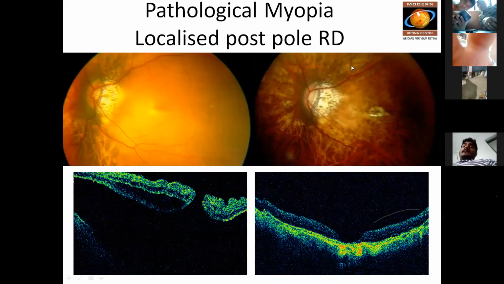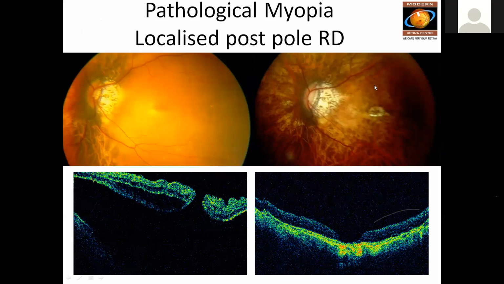As you can see here, normally if it is a very high myope, we see a lot of tessellation. The background tessellation should be seen clearly. But if these patients come with a central scotoma, loss of central vision, suddenly, when you see clinically, you may not find any peripheral detachment, but you may find that there is lots of loss of tessellation at the posterior pole. As you see here, the peripheral retina has got tessellation, but in the central macular area, there is loss of tessellation. When such a thing is there, you should always suspect there is foveal detachment and do an OCT.